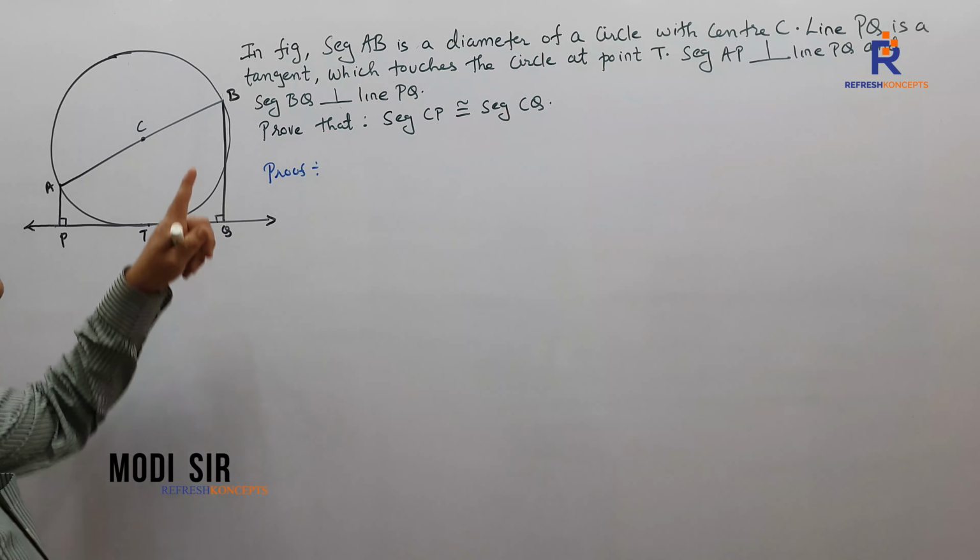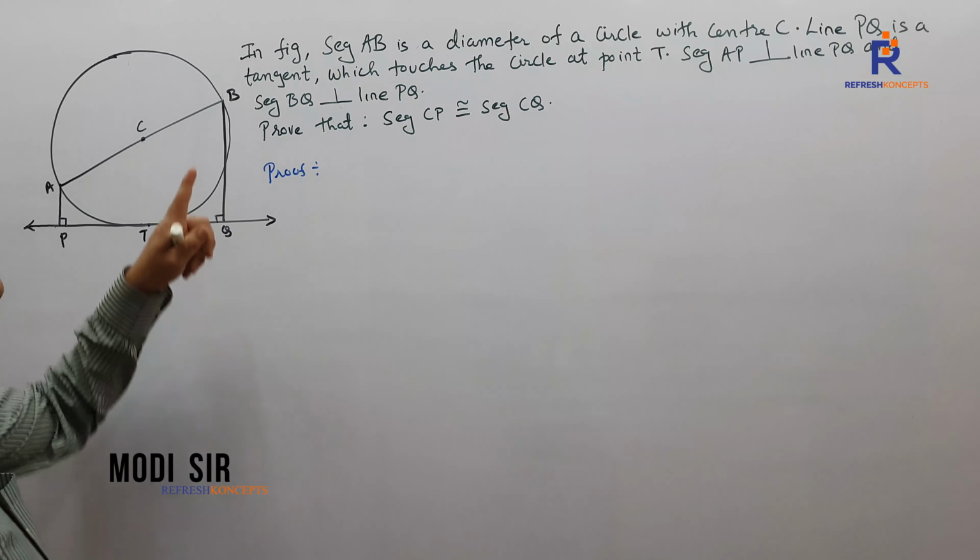Now I modify the property which I just said. Couple of seconds back, what I said: by the property of intercepts made by three parallel lines, AC by CB is equal to PT by TQ. But now when we know that CA is congruent to CB, by the way, why are they congruent? Radii of the same circle. So when I know CA is congruent to CB, is PT congruent to TQ? So what is that property termed as?